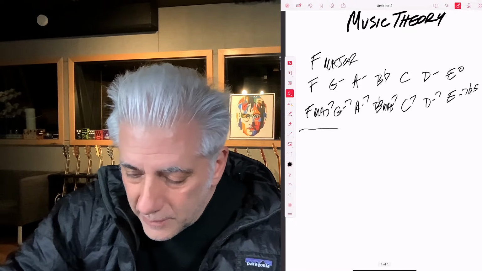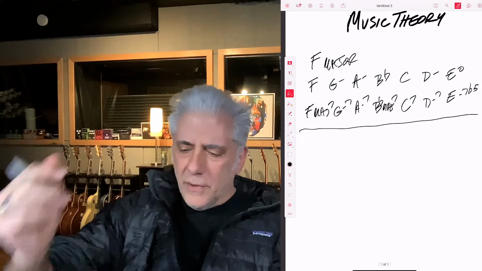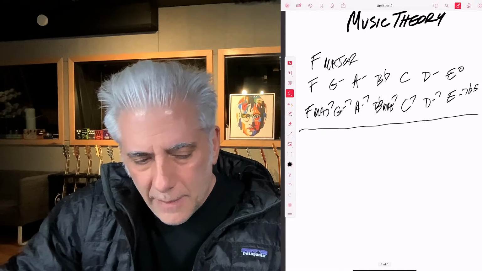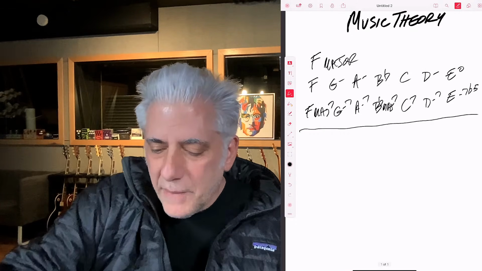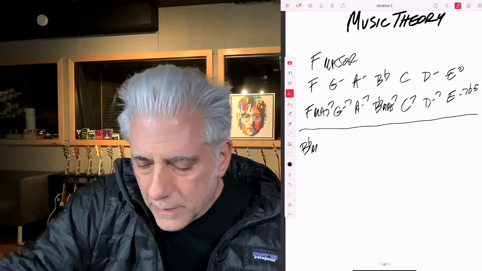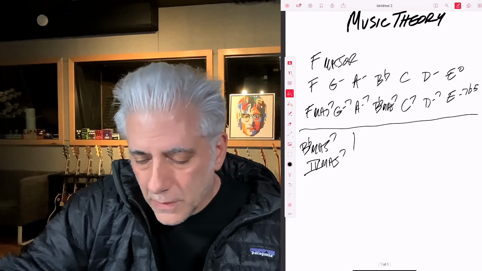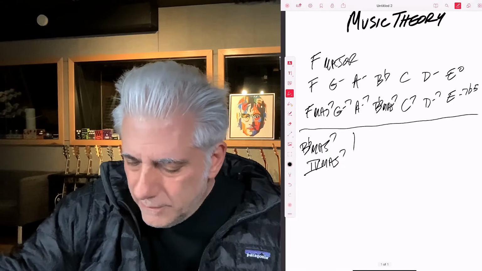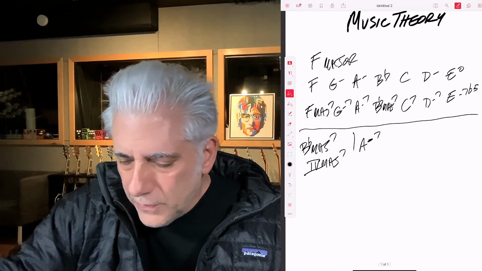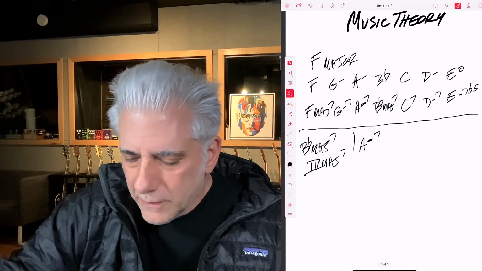We did the song Wichita Lineman last night, Jimmy Webb song. Beautiful song. Glen Campbell. Just unbelievable. It starts on B flat major 7. Well, that's actually the 4 chord in the key of F major. So you know you're in the key of F, so I'm going to go 4, major 7. Then A minor 7 is really F over A. But we'll say A minor 7. And you look on here and like, what is A minor 7? Oh, that's a 3 chord.